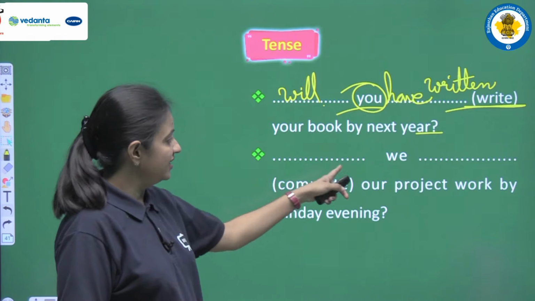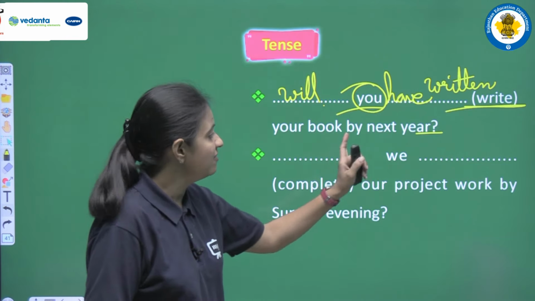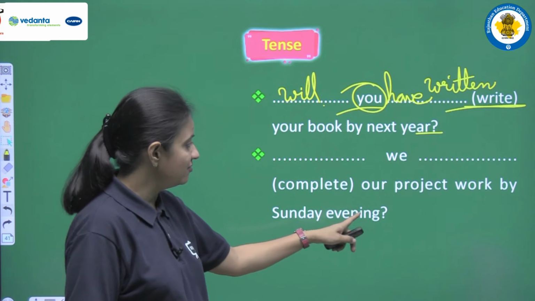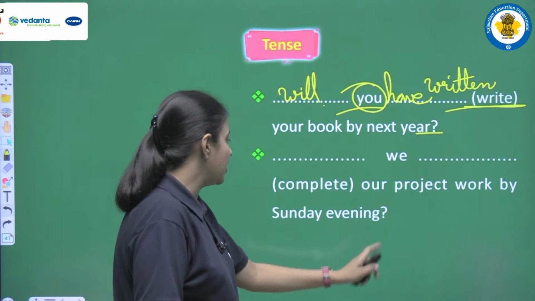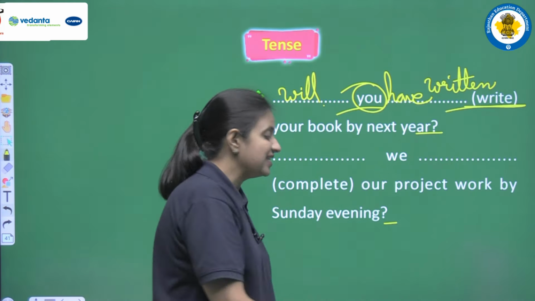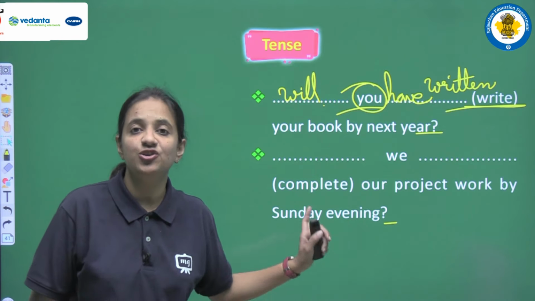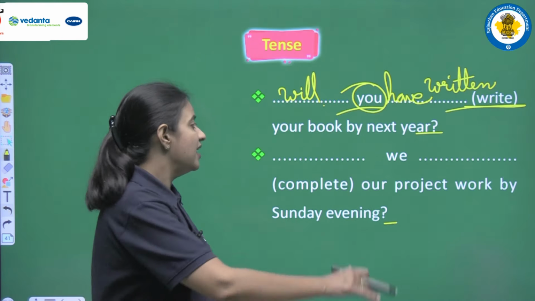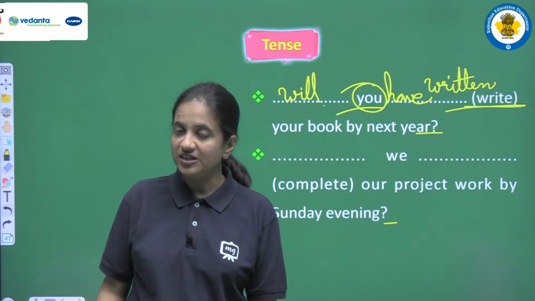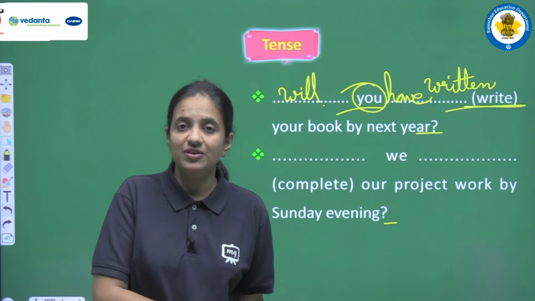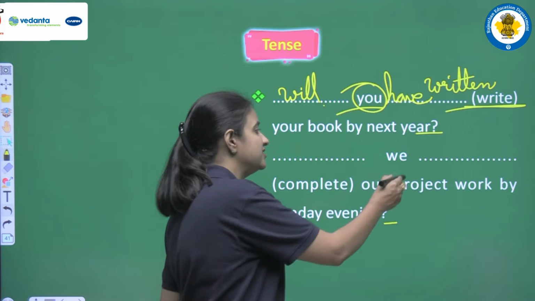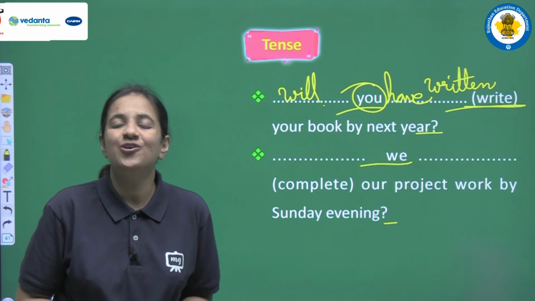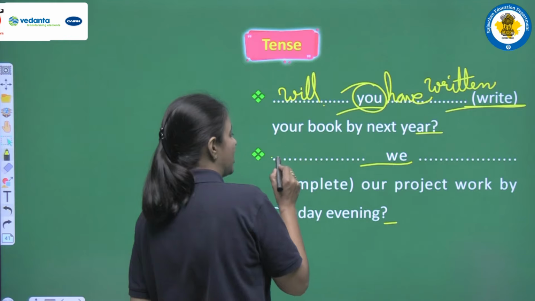Next, one more example we are having. So let's see. In the beginning we are having a blank, then we are having we. As a main verb we are having complete, and next we are having our project work by Sunday evening. And yes, at the end of the sentence there is one question mark. So this is also an example of an interrogative sentence, and we are not having any WH word here. So our helping verb will be the question word. Now let's discuss the subject. Subject is we. So we all know that for we have to use shall have,